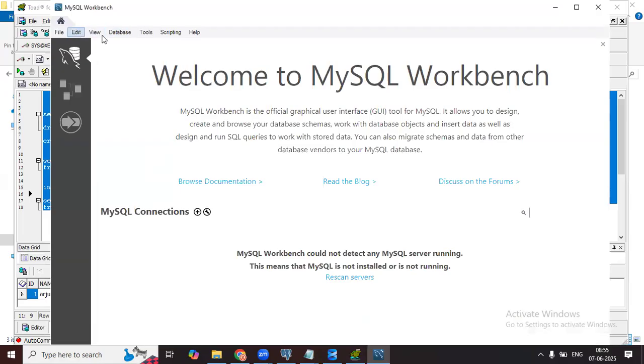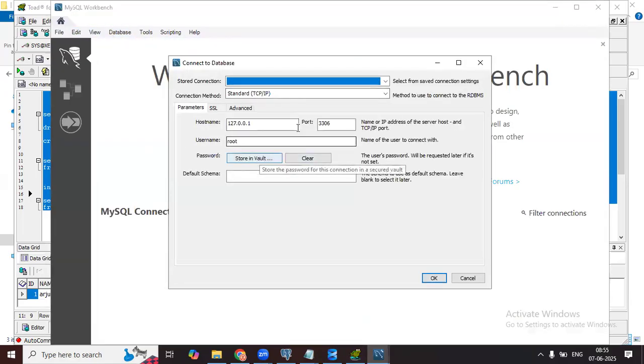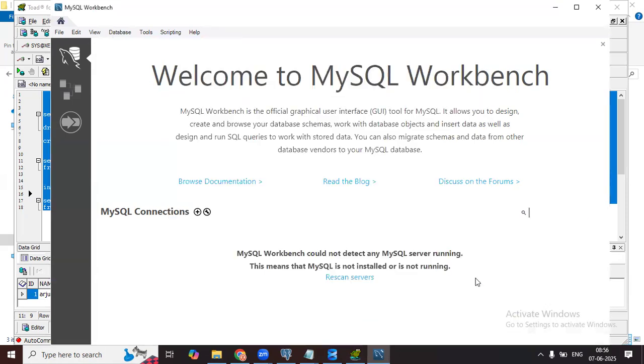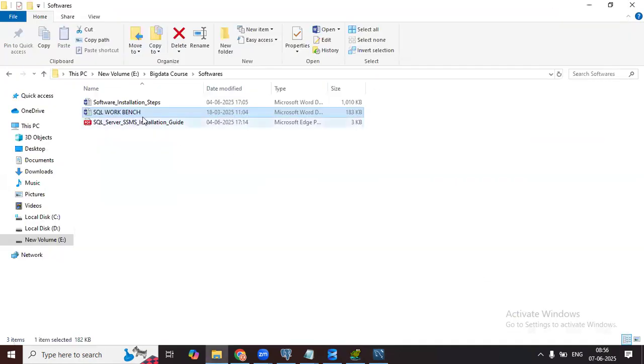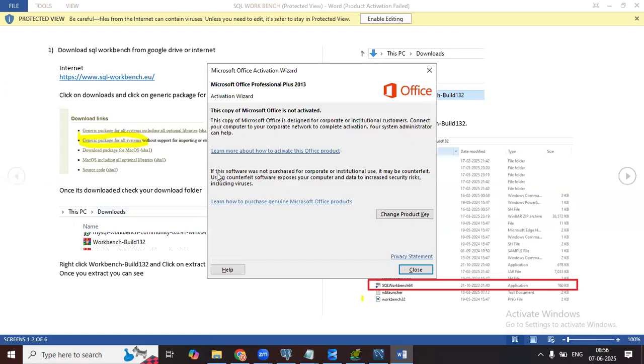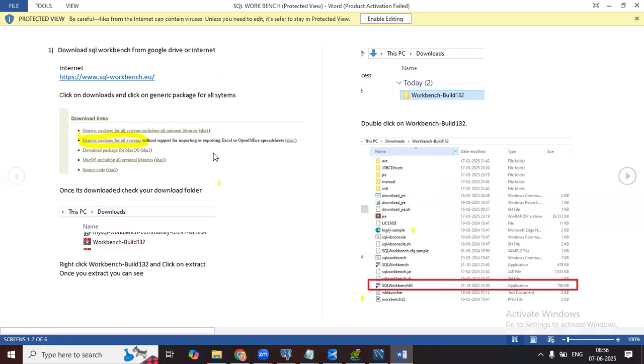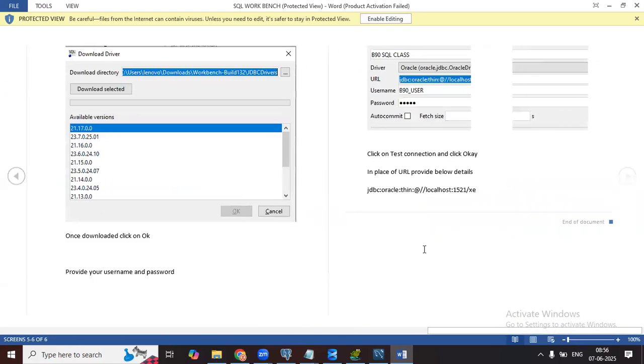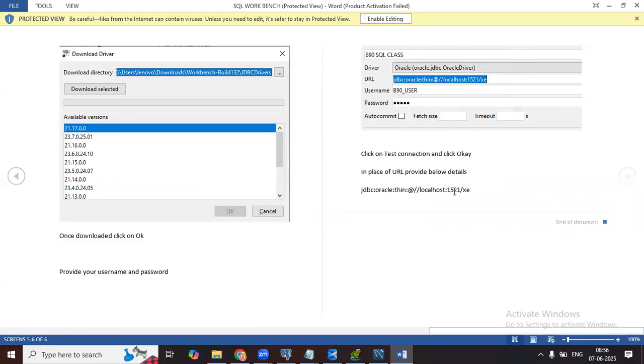You can connect to whatever database you want, then you can start working. I just gave the software here. You can install it and connect to the Oracle database. It's up to you. I provided the steps here: how to download, how to set up, and how to connect to the Oracle database.